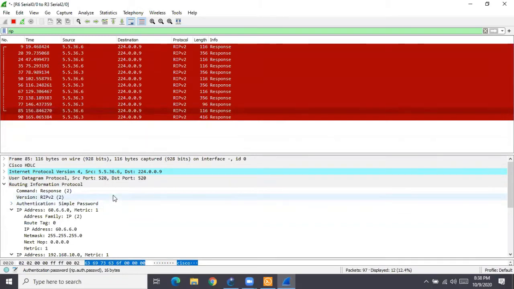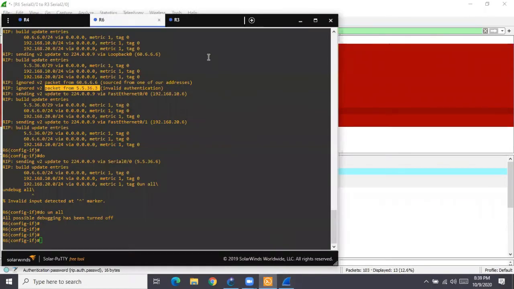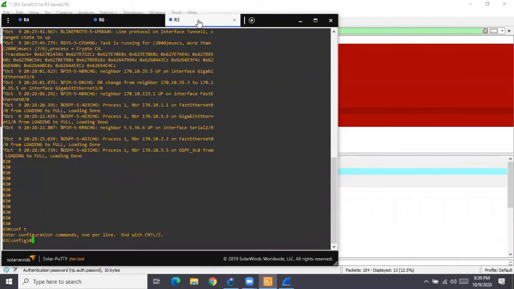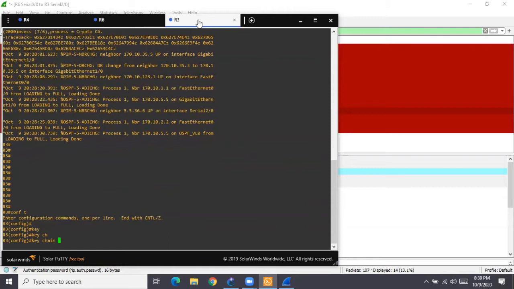So that's the reason. Now no communication. Both the routers will not accept each other's route. Even R3 also, the routes will be gone. So how to solve this quickly? You need to go and enable authentication on R3 also. The first step will be what? Define the keychain. I can give any name on R3.